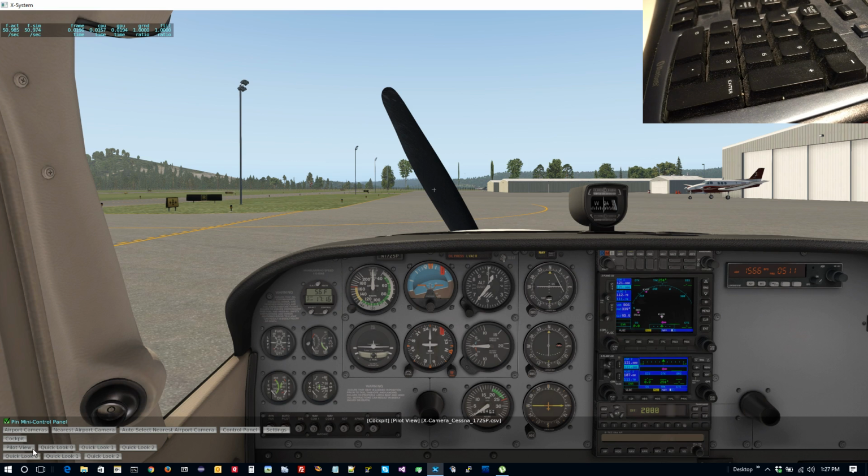Now if we take a look down here, you can see that we've got 4 cameras. The pilot view camera is the very first one that X-Camera creates as soon as you enable it and there's no camera file for the plane. It'll always create one, which is wherever the default pilot view position is for that particular plane. You can also see that it imported 3 additional ones, quick look 0, 1 and 2. Now, interestingly enough, my quick look 0 is the same as the pilot view for all intents and purposes. If you switch back and forth between these two, you'll see that they don't look any different. So the first thing I'm going to do is delete the one that X-Camera created